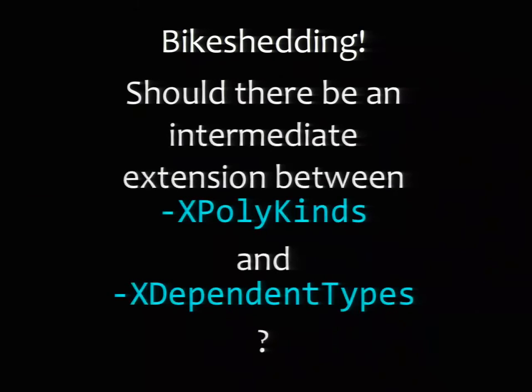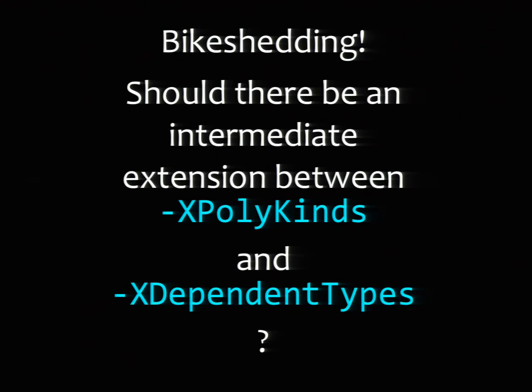There's one question that I'd love feedback on. In the next version, we're going to have a lot of the features, but not all of the features of dependent types. Does that require its own extension? The reason I think the answer might be yes is because some of these features will invariably be buggy. One idea is just to extend PolyKinds today to include all the new features, but then people won't know whether they're using the new buggy things or the old less buggy things. But then we have this other extension. So if I can ask for a quick vote, how many people think that we need an extension between PolyKinds and dependent types?